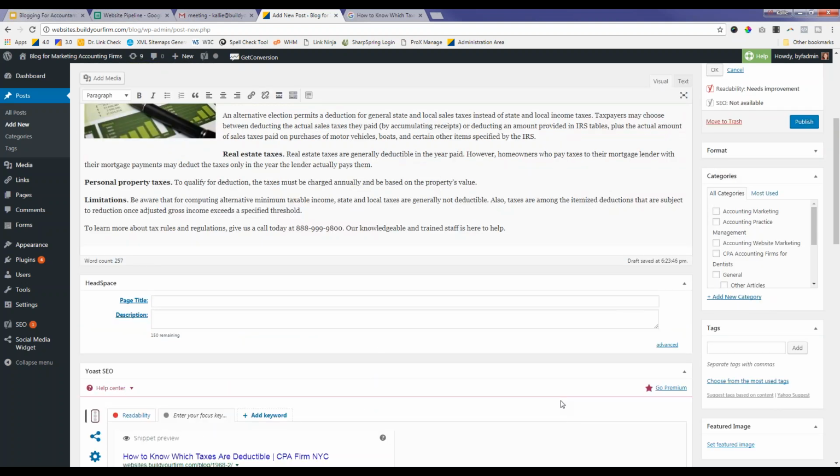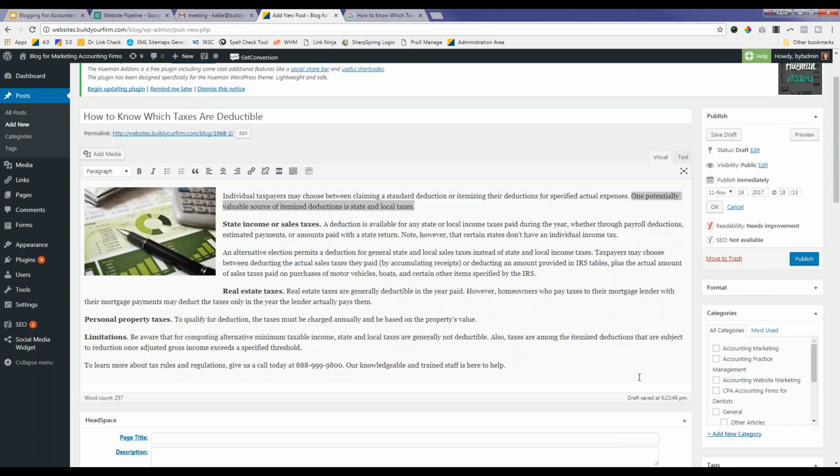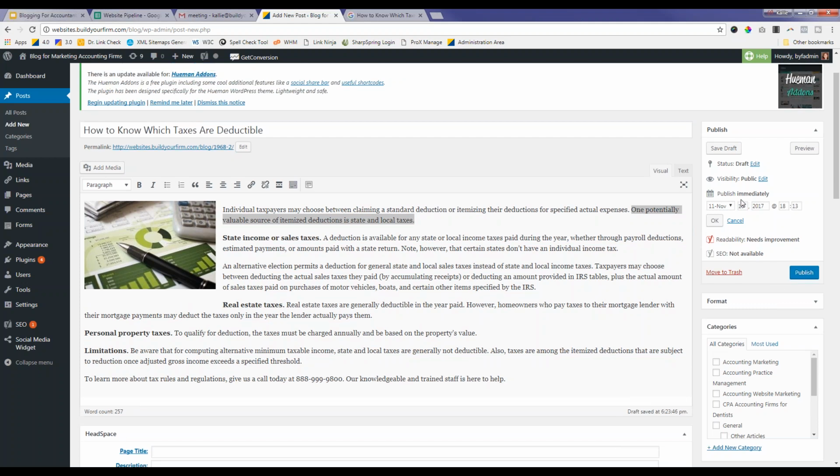So that does it with pretty much the basics of what your blog post editor page looks like. We talked about categories, so you might want to choose a category that this makes sense for. If you had individual tax services or just individual taxes for individuals, you can go ahead and choose that category. You can choose one or multiple categories. Again, the categories are really mostly for yourself and for your readers to drill down and find the articles that make the most sense for them. And then, of course, you can hit publish immediately if you want it to go out right now, or you can schedule this out for a day in the future.